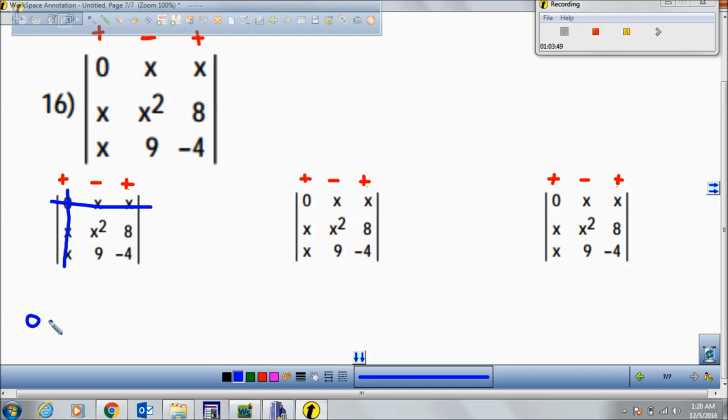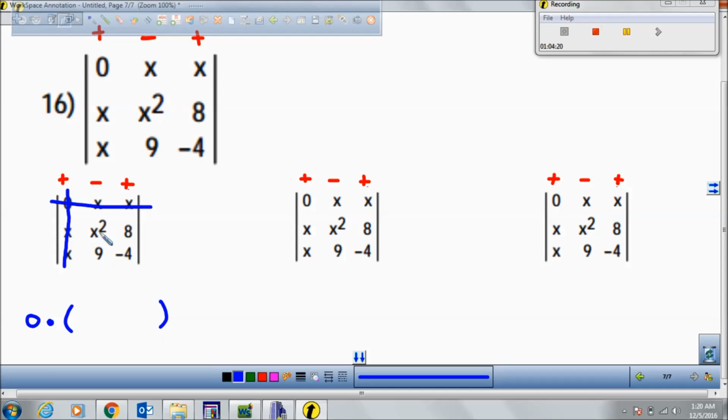You copy the number that is covered twice, always. And this 0, you have to multiply, like whatever number this is, you have to multiply times a positive sign, which doesn't change anything. Basically, whatever this first number is when you cover the first column and first row, you're just going to copy it straight over here the way that it is. Because multiplying a number times a positive sign doesn't affect anything at all. So 0 times, and you see how there's 4 numbers left that have not been covered. So you're going to do